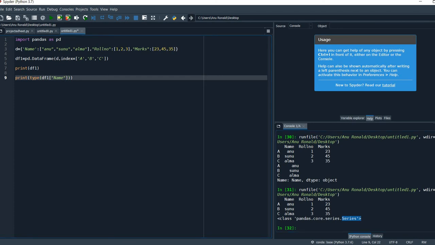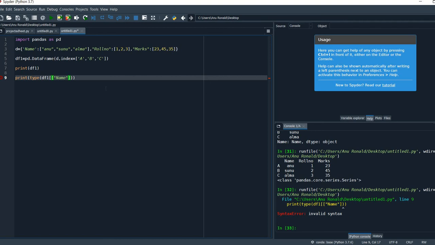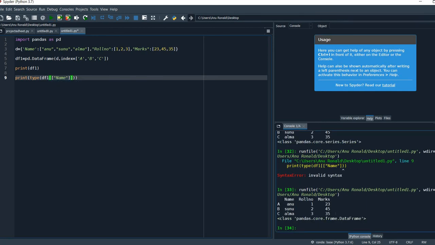So if you want to get it as a data frame, what change can we make? Just put one more bracket, a list of elements. So if I'm printing it, I think I missed a bracket here. Running it, you'll get the type as data frame.